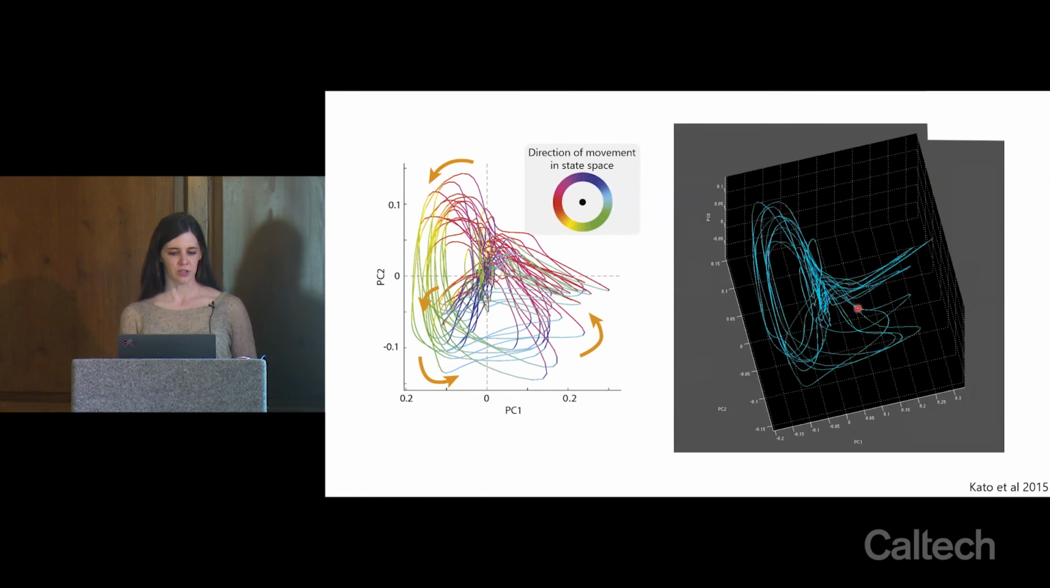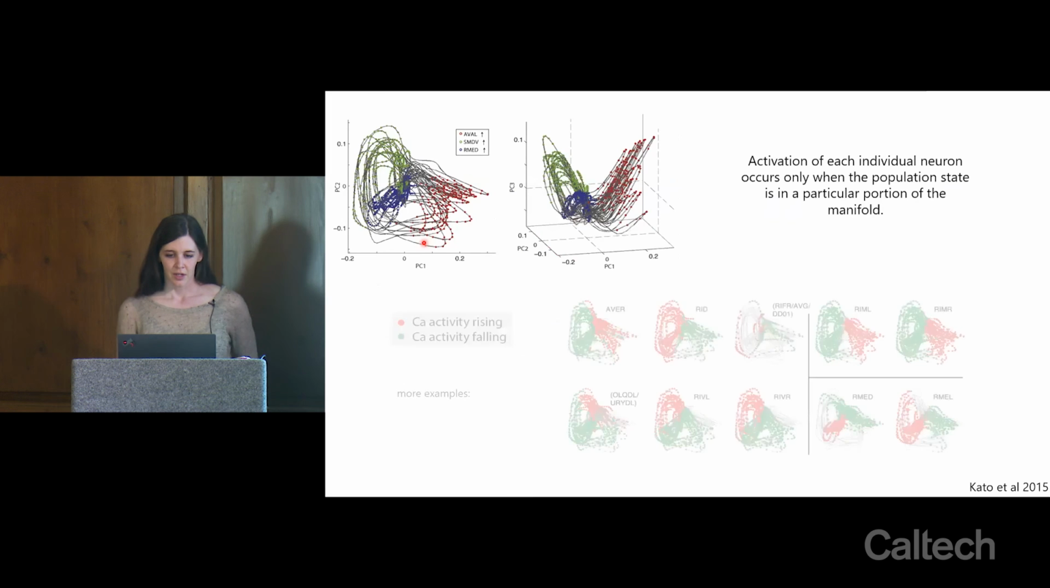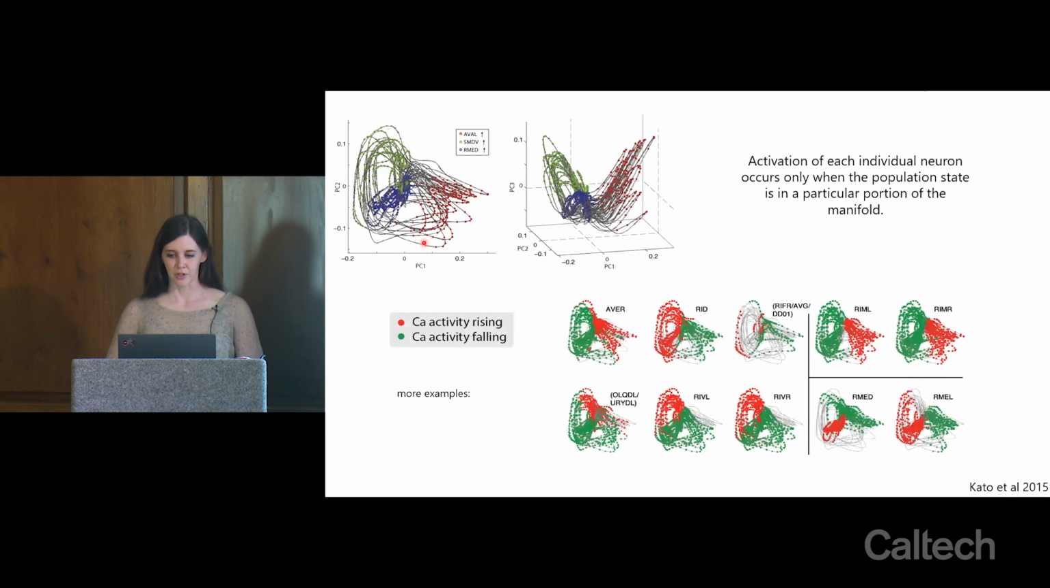You can see, the other way is just show a movie. You can see that the system really is taking these stereotyped trajectories where every time it's in a particular part of PC space, it's moving in the same direction, which is equivalent to seeing that all of these points are about the same color. And then the final trick I wanted to highlight was